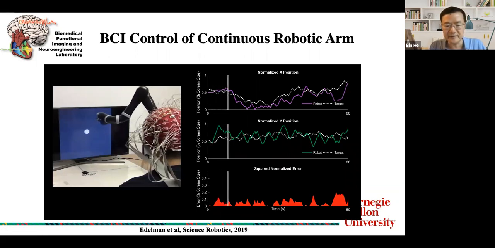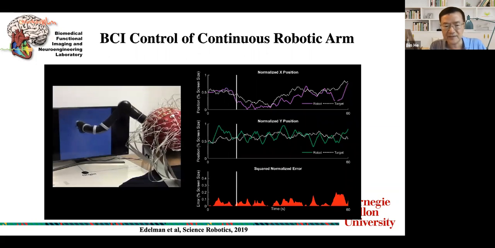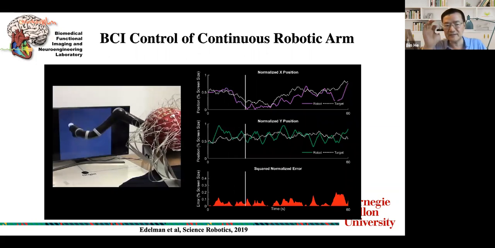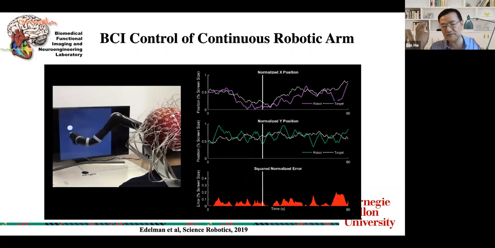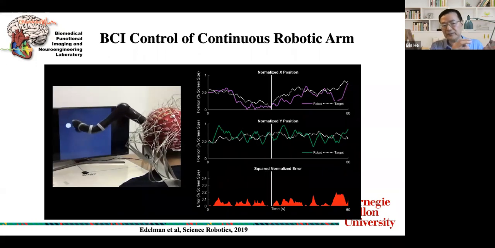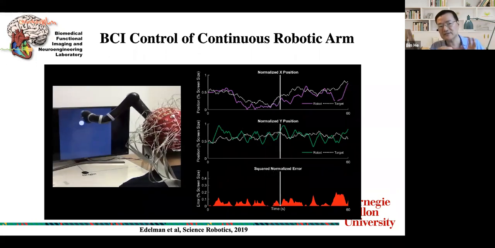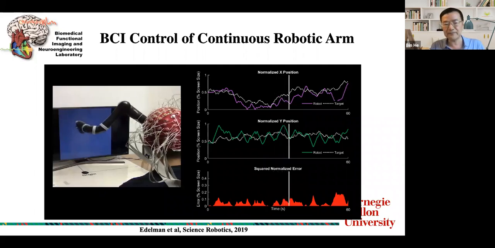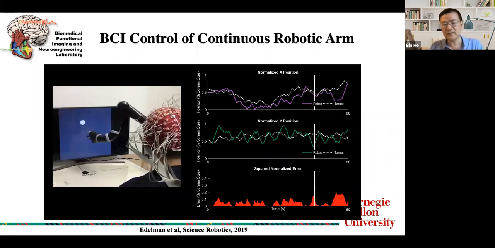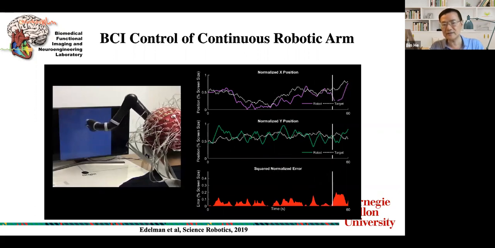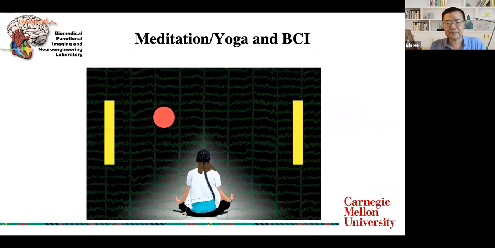After that, we look at a human subject directly controlling a continuous movement of a robotic arm. In this case, a similar technique was applied with the EEG source decoding. You can see that the ball is moving randomly, except that there's a physical constraint. If it hits the left bar edge, it will just bounce back, not go the other way. And the human subject, purely by motor imagination, controls the continuous movement of the robotic arm, which to our knowledge is the first realization of continuous robotic arm control using non-invasive EEG-based BCI.